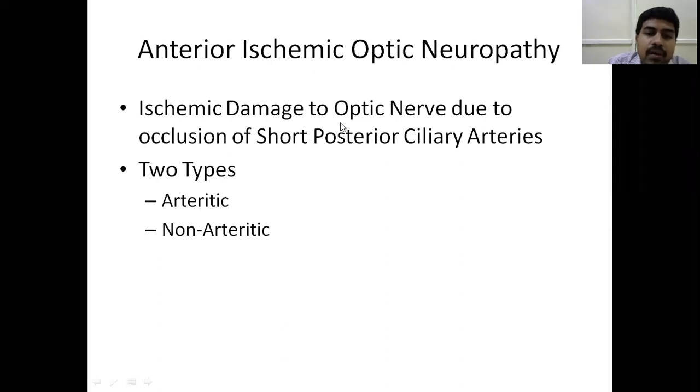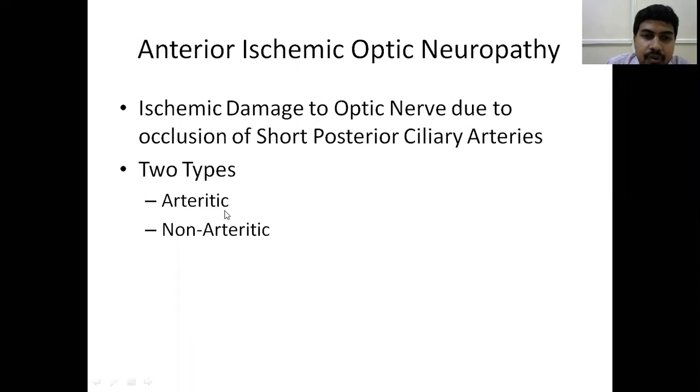So the optic nerve has got a blood supply. I told you the axial system: through the ophthalmic artery some branches come, and also the pial plexus surrounding the optic nerve supplies it. The short posterior ciliary arteries are branches of this ophthalmic artery which supply this optic nerve. So if these arteries are obliterated, or there is an ischemia in the arteries, either due to inflammation of the blood vessel, that is arteritis, like Wegener's granulomatosis, polyarteritis nodosa, giant cell arteritis. So arteritis means inflammation of the wall of the artery.